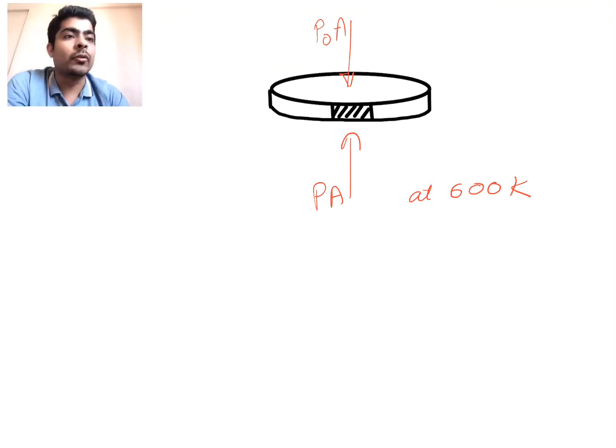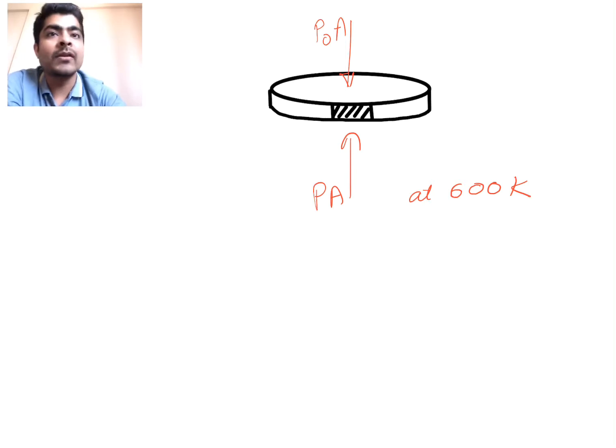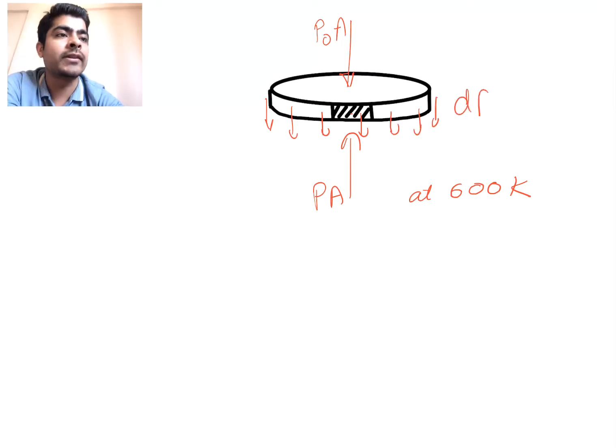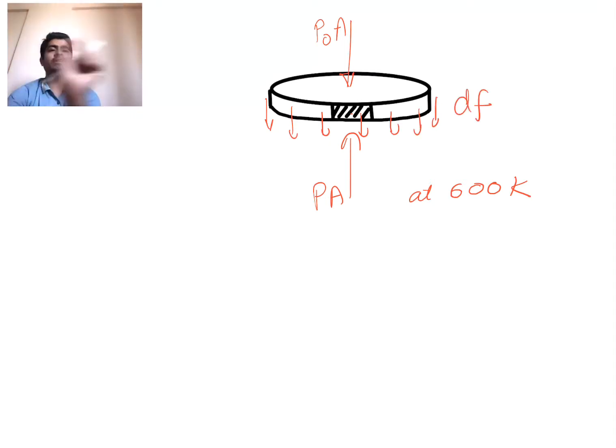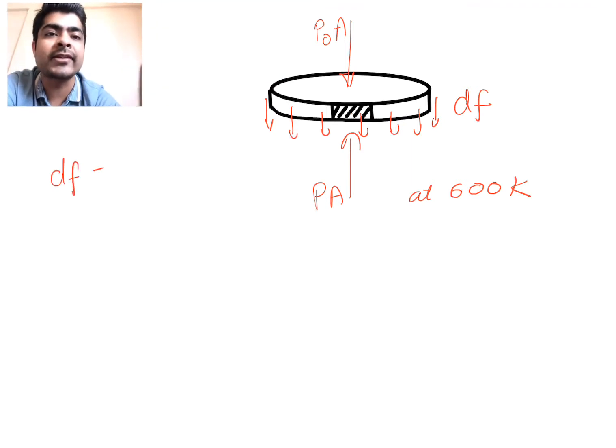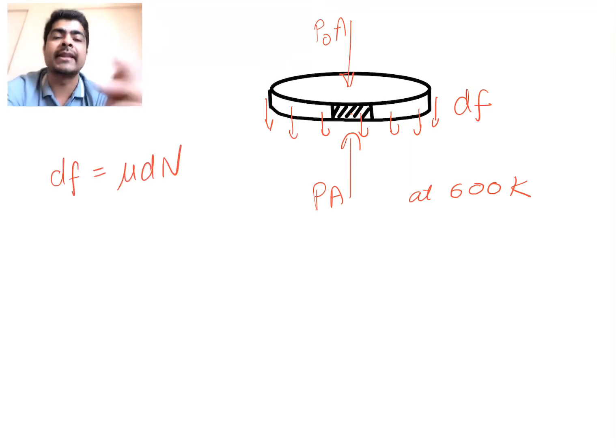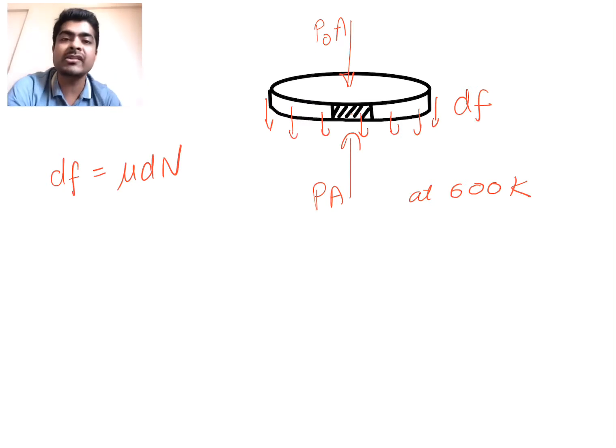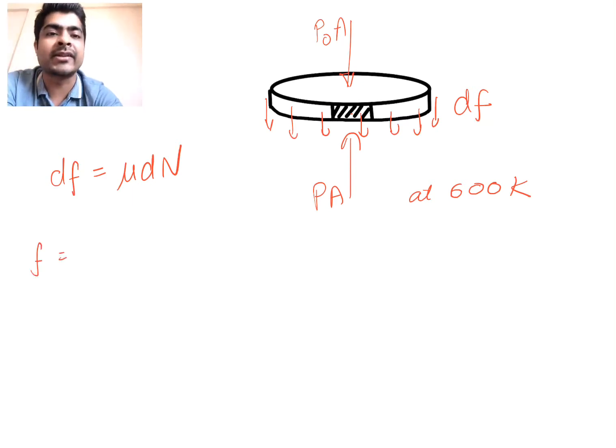Okay, so now how is the friction acting? So the friction is acting along the periphery of the cork. This friction will be dF. Along the length of the cork, along the circumference, friction dF is acting everywhere. So we could easily say that dF friction will be equal to mu times dN, because the friction has reached limiting value, it is about to slide. Okay. So total friction will be integration dF, or there will be mu times integration dN.